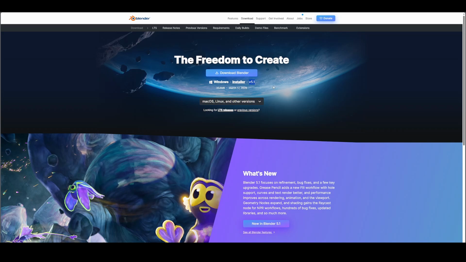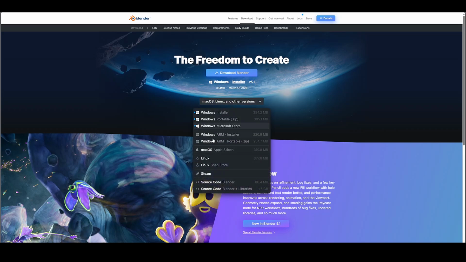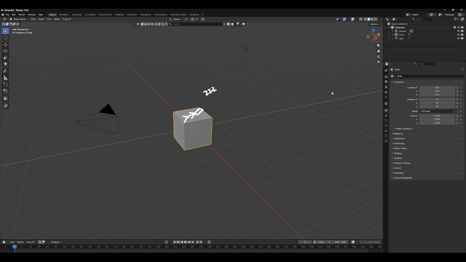So first of all, you have to download Blender from this link. Just click on download and it will download a Windows installer. And if you have Linux or Mac, you can just click on this and download the version for Mac and for Linux also. I will leave this like this, and when you open your Blender for the first time, it will look